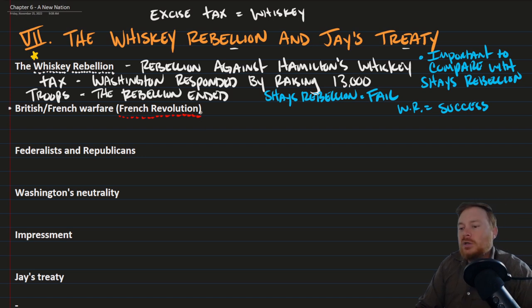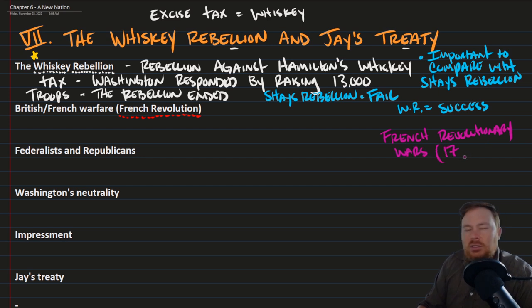Now, not to go into too much detail about the French Revolution, but to make a long story short, the French revolted in a similar way that the Americans did. The French people killed their king, executed him, and wanted to create a democratic republic. When the French people executed their king and tried to create a new democratic government, the rest of the world essentially declared war on France. And so you have this period where we sometimes call them the French Revolutionary Wars